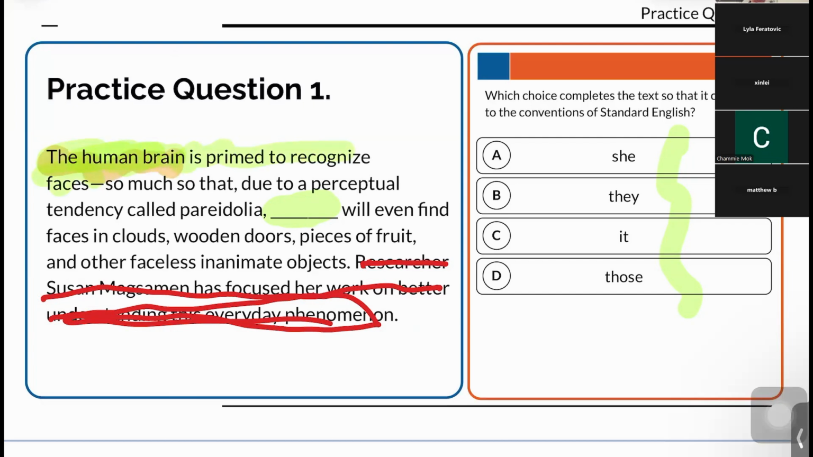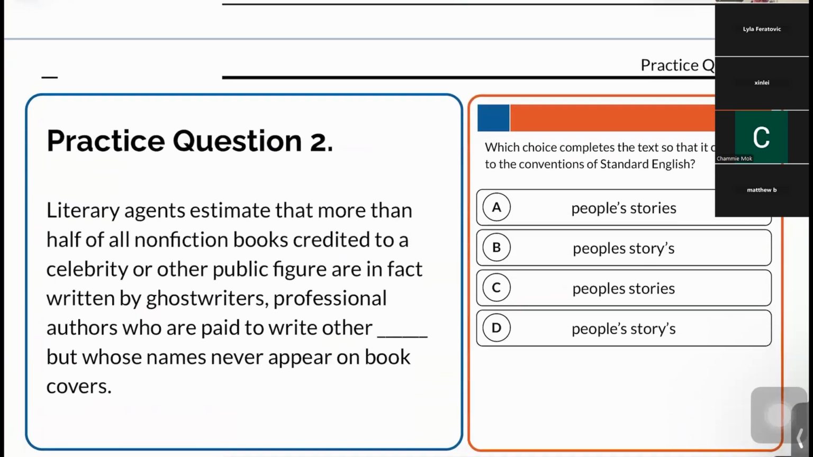The human brain is primed. And so much so that the human brain will even find, we could fill in that blank with the noun, the human brain. So in that case, the human brain is a singular noun, and there's only one thing here that works when we think of it that way. Because we're not talking about a person, that's what she would be. So it. It will even find faces in clouds, because we're talking about the human brain, which is a singular noun. Okay, so